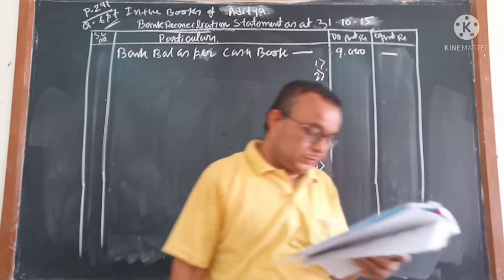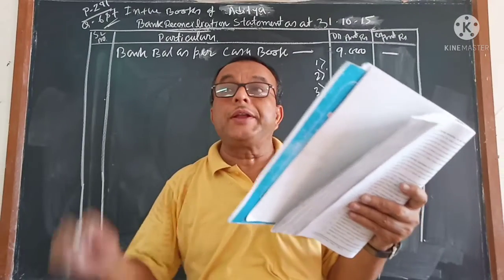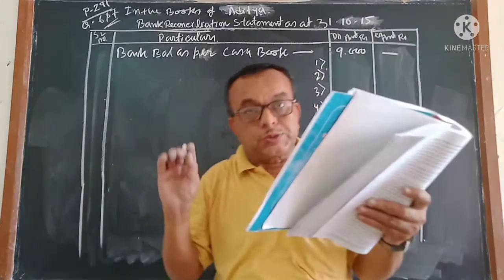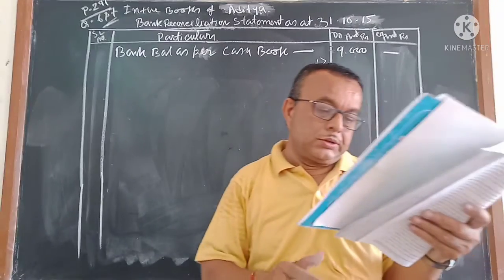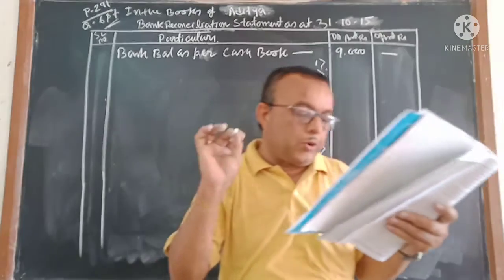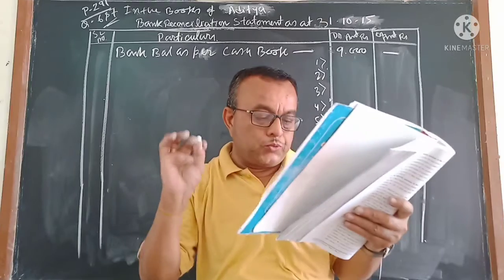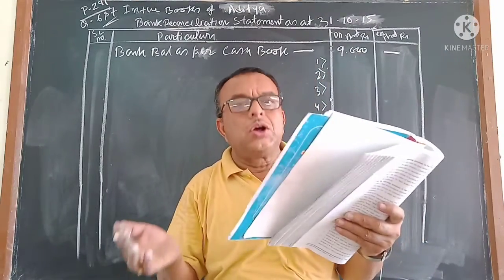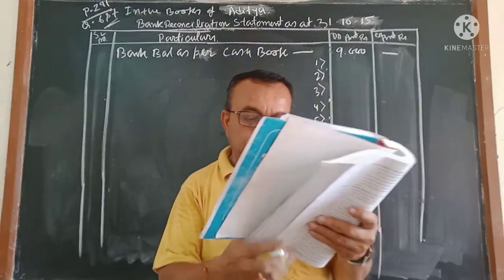Okay? Number 1. The check of rupees 5,100 was deposited. If I read up to this, you should understand that check deposited means it was debited in the cash book, or it should be debited. Now let us see who has done, who has not done. This is the main thing. But whether I have done or not done, or whether I have done and the bank has not, or maybe I have not done and the bank has done, let me see the remaining part.